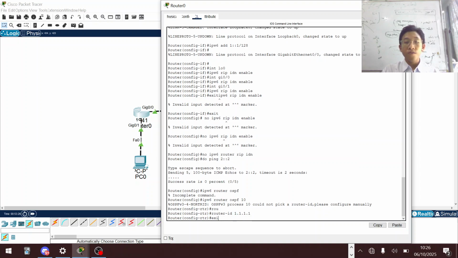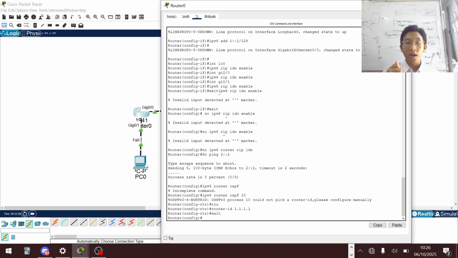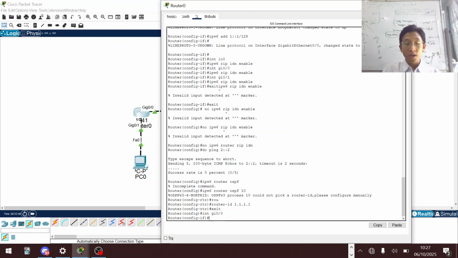And now, if you want to add an interface into the OSPF, just do it. The method is the same as RIP. We do it on each interface, but the command is different. You can follow me. We go inside the interface and then type in IPv6 OSPF, the ID of the OSPF process, and then the area.